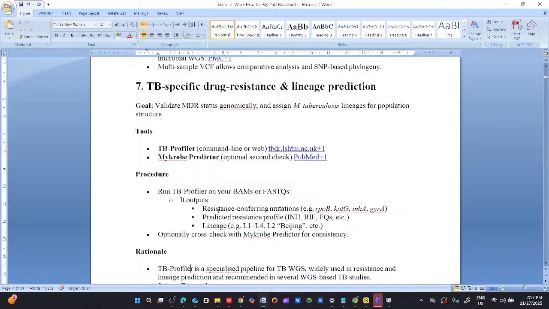And the output: resistance-conferring mutations. These are examples of mutations you can see in Mycobacterium tuberculosis: rpoB, katG, gyrase, and so on. All these are the names of certain enzymes or proteins that are known to be responsible for resistance. Then it is also going to recognize the predicted resistance profile,